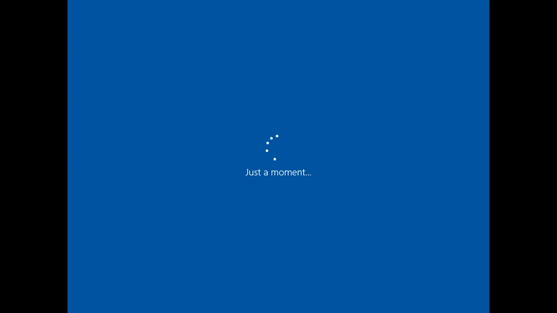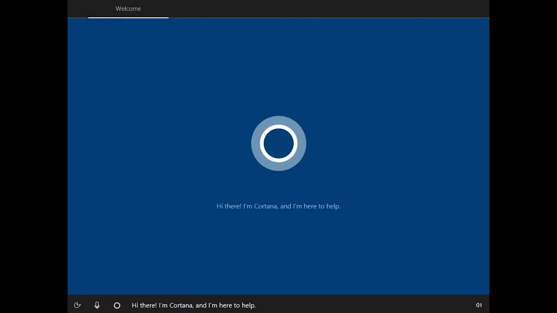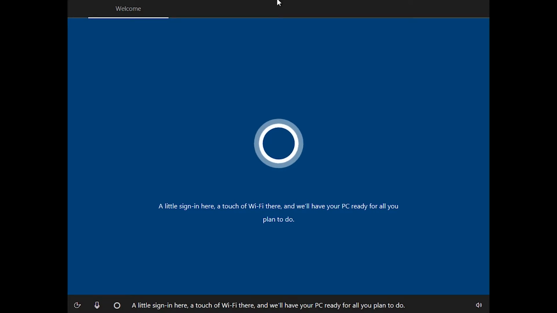The last step is configuring your fresh Windows installation. After getting ready for some time, Microsoft's Cortana will pop up on screen and guide you through the configuration. And I'm here to help. A little sign in here, a touch of Wi-Fi there, and we'll have your PC ready for all you plan